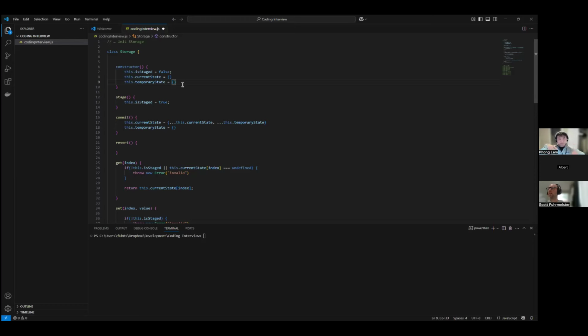You just pop it back and forth. You could just use two stacks, or the other way is you could use a pointer. You could have one array and a pointer that moves back and forward. That might be a simpler approach. Pointers get you into a lot of trouble.